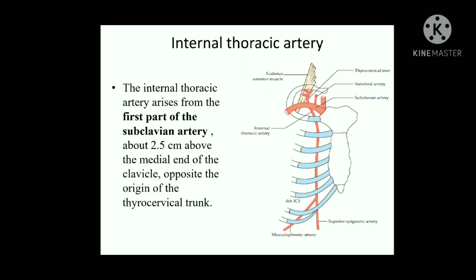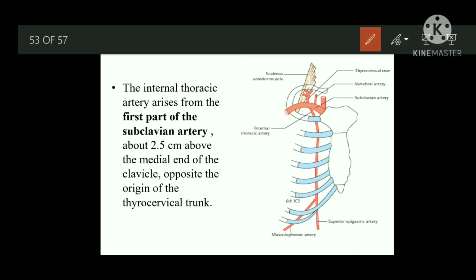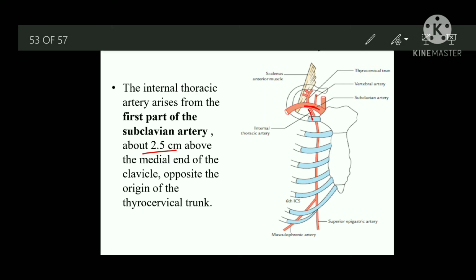Now come to the last topic, that is the internal thoracic artery. As we discussed, this internal thoracic artery arises from the first part of subclavian artery. It arises from the first part 2.5 centimeters above the medial end of the clavicle, and it arises from the inferior aspect of the subclavian artery, just opposite to the origin of thyrocervical trunk. Then this internal thoracic artery descends